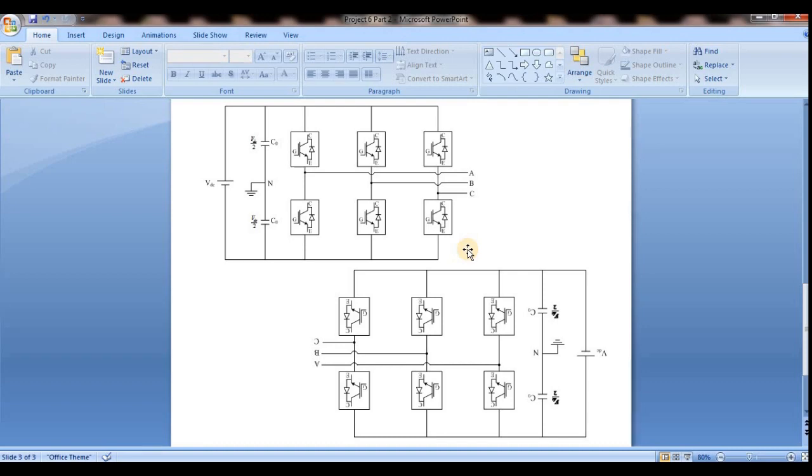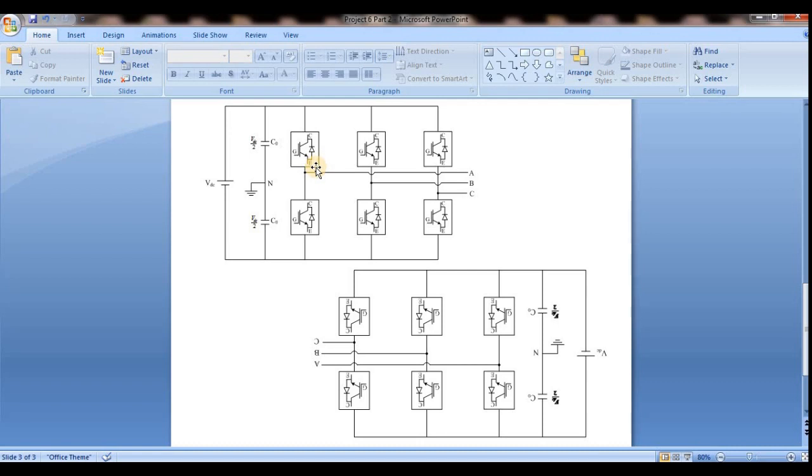If it is conduction angle, then only it will be an inverter. So this is the basic difference between these two circuits, the inverter and rectifier. Don't confuse these two circuits, and don't say that both are alpha. Some people will say that this is the firing angle alpha and this is 180 minus alpha, or 90 plus alpha, or maybe 90 minus alpha. It depends on their choice. But the thing is, it is not alpha, it is the conduction angle.